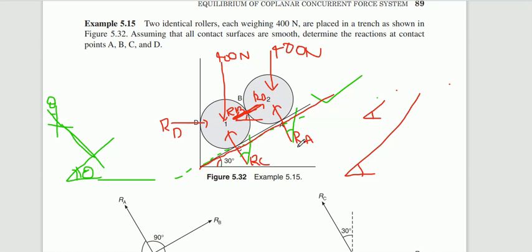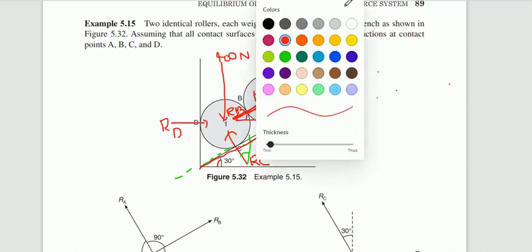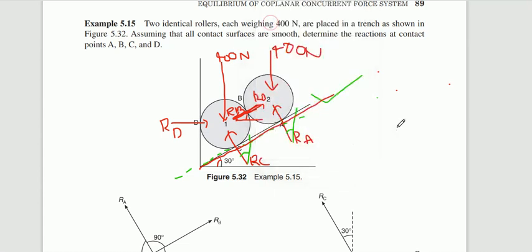So now we have the RA inclination, the RC inclination and the RB inclination. Now the next step is to draw the free body diagram. Is it clear why I have taken the inclination like that? Yes, ma'am. Okay, so now draw the free body diagram. First consider the natural x and y axes. I am going to consider sphere 2 first because only 3 forces act on it, so I will write its free body diagram first.